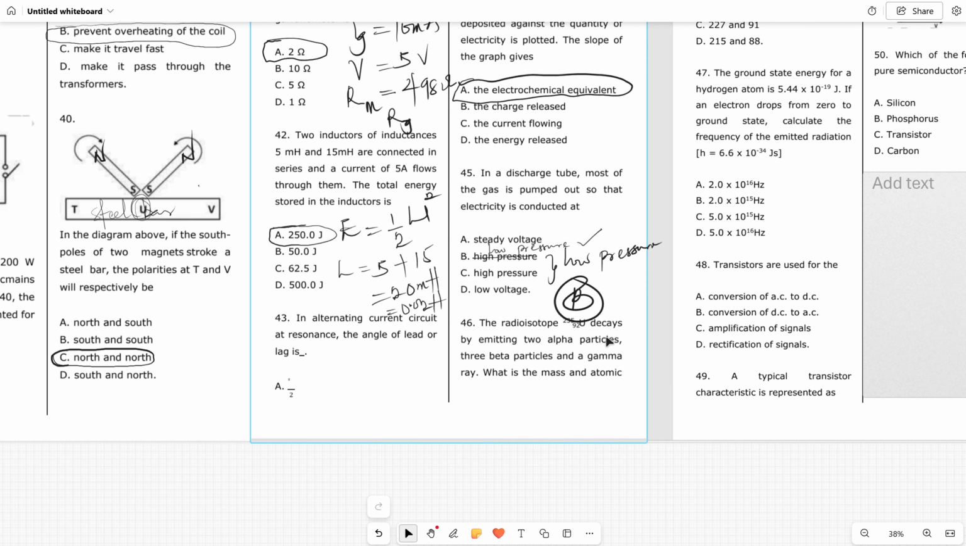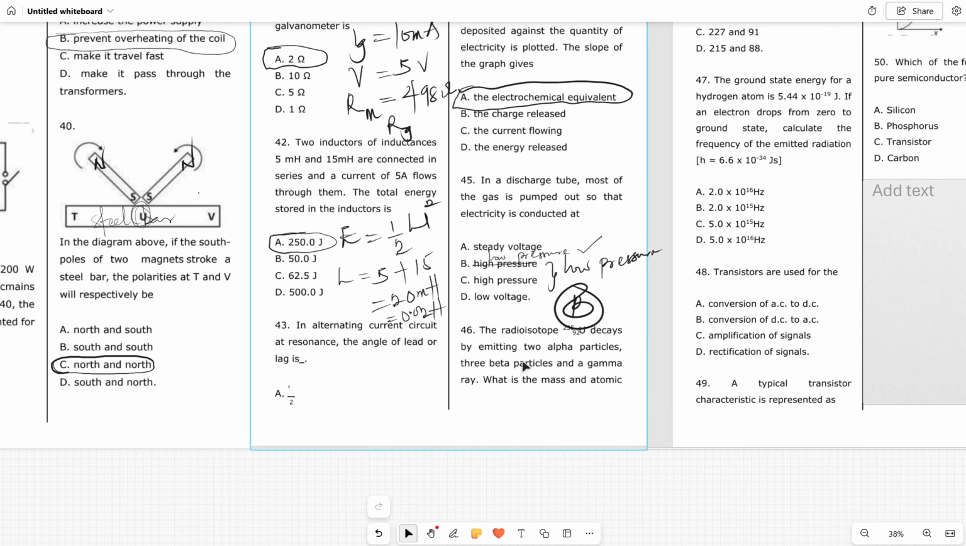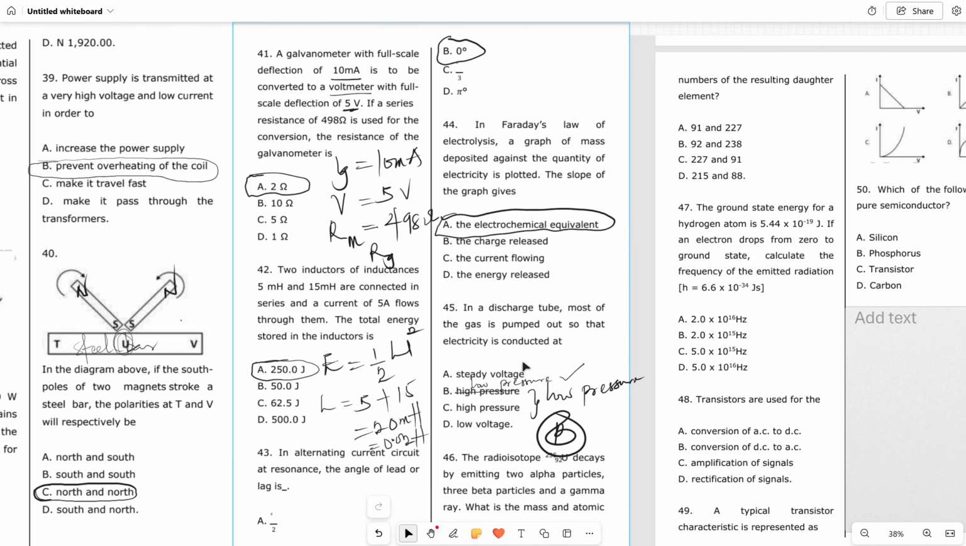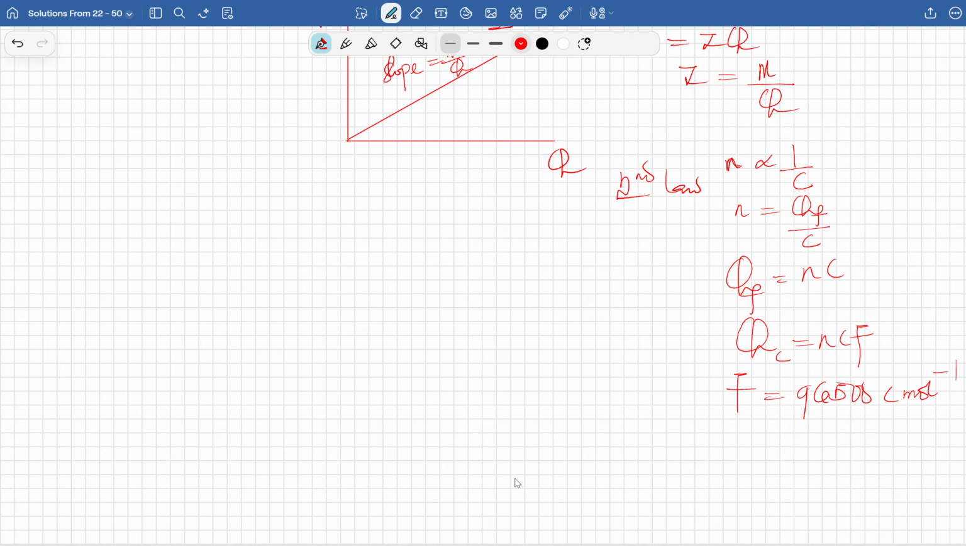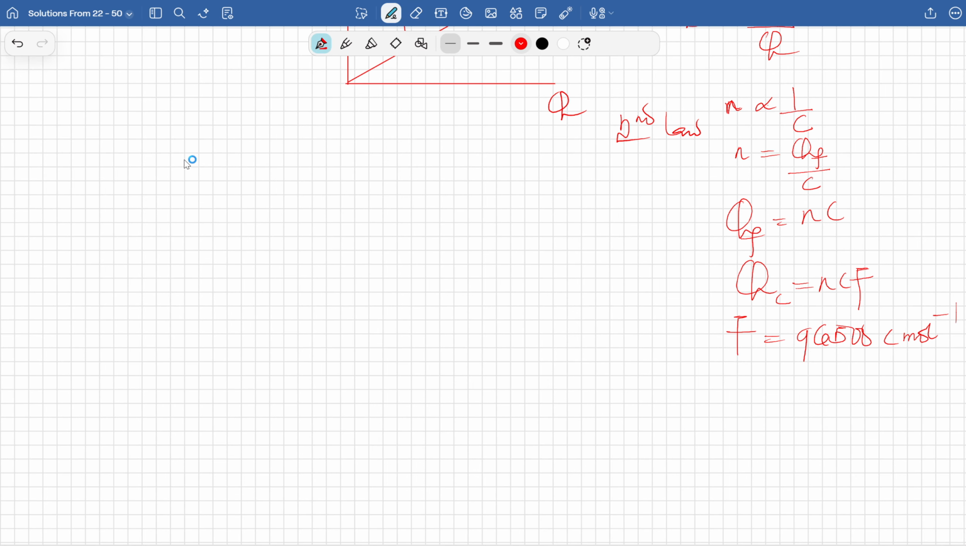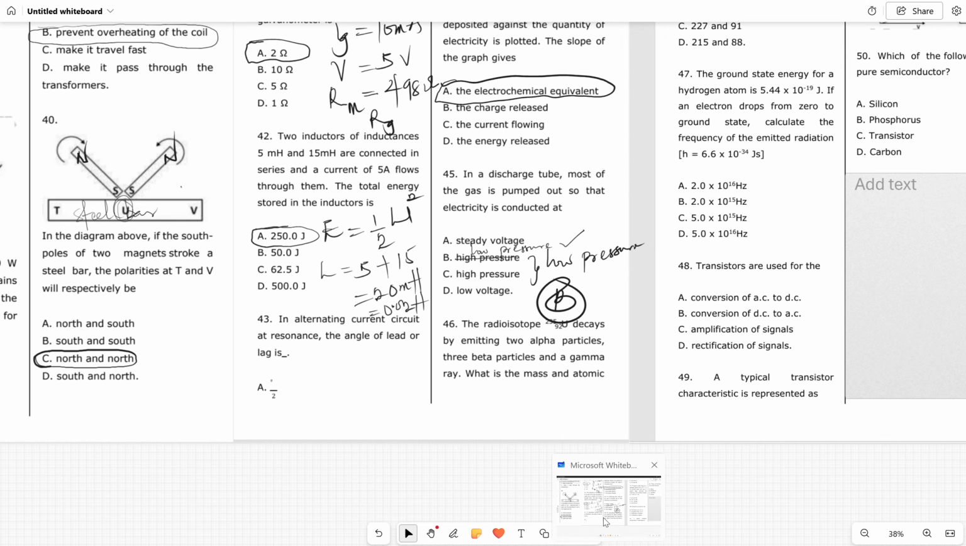46. The radioisotope uranium-235 of atomic number 92 decays by emitting 2 alpha particles, 3 beta particles, and a gamma ray. What is the mass and atomic number of the resulting daughter element? So you have decaying of uranium-235. Uranium-235 is decaying and releasing some important radiations. So by emitting 2 alpha particles, 3 beta particles,